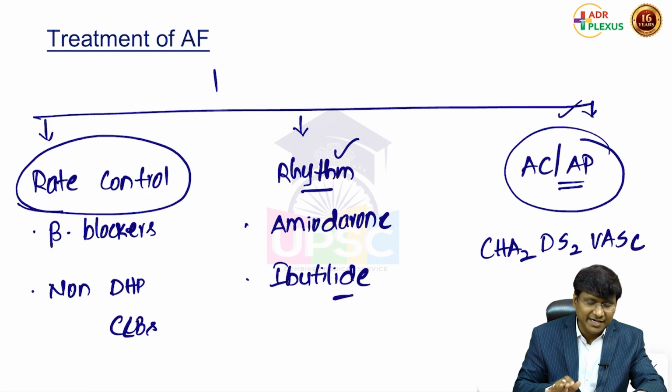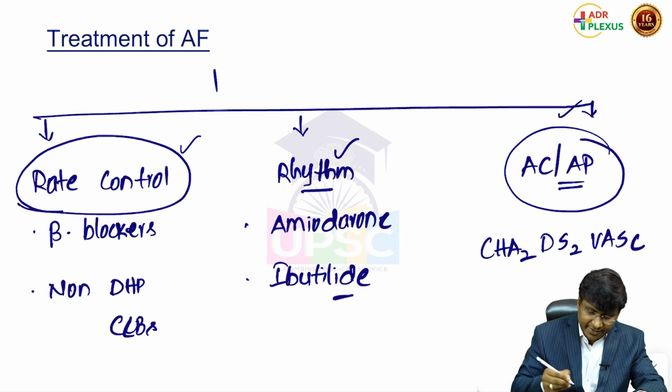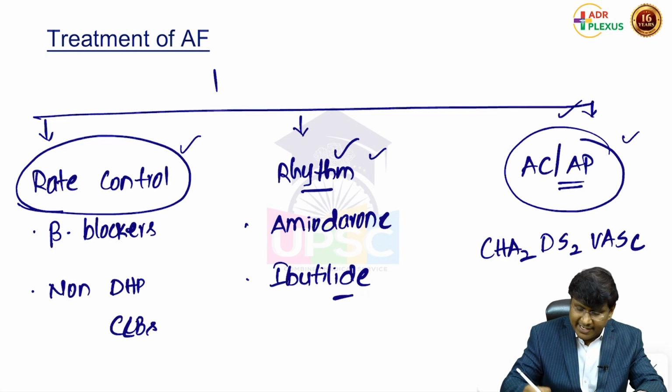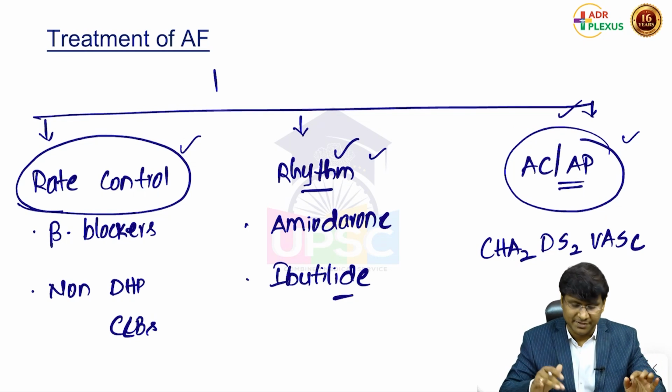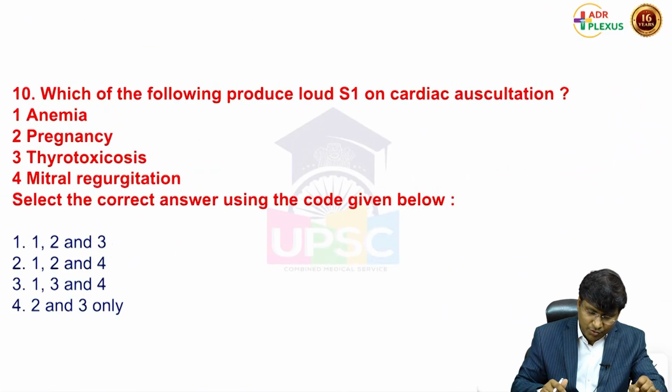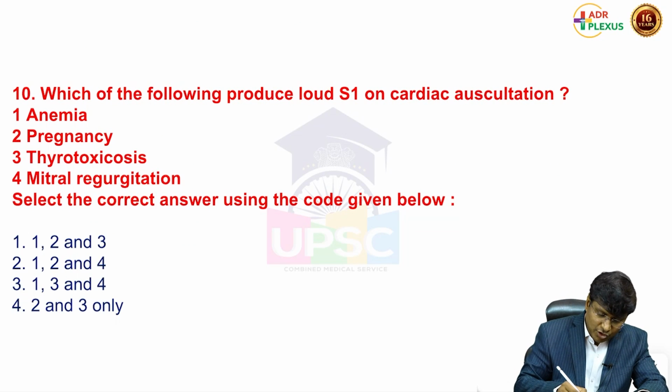And this is the treatment of the atrial fibrillation: rate control, rhythm control, as well as the antiplatelets or the anticoagulants should be given. So this completes the discussion of your atrial fibrillation as well as its treatment. So coming on to the next question, which of the following